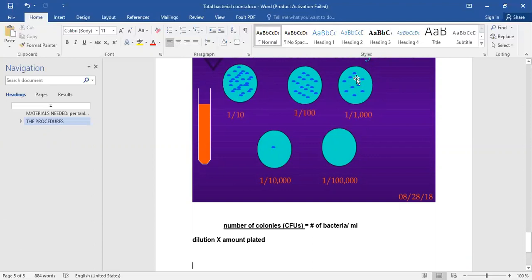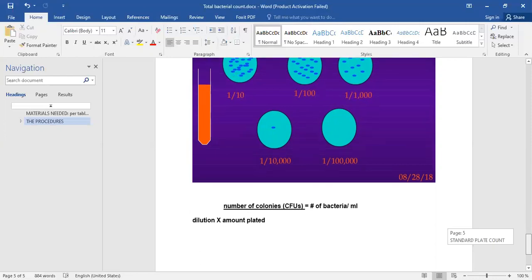1, 2, 3, 4, 5, 6, 7, 8, 9. So 9 colonies are found in this plate. So by using the 9 colonies in this formula, we can count the colony forming unit, that is the number of bacteria in a single ml of the sample. So here 9 is the number of bacteria